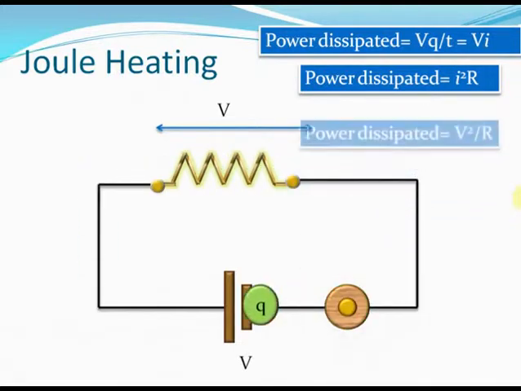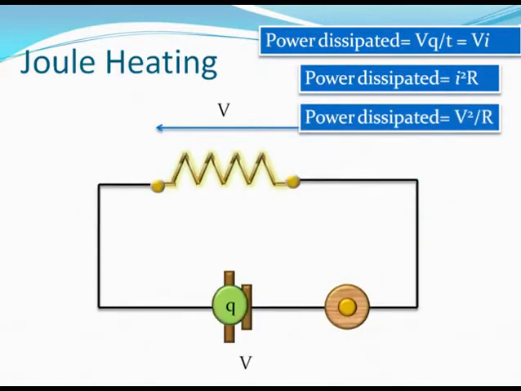So there, you see that the power dissipated can be represented as VI or I squared R or V squared by R. This whole effect of a resistance getting heated up when a current is passed through it is called Joule heating. Joule heating is something you must have studied in class 10th too, but we are going to apply it in a slightly advanced way for IIT JEE. Let's move on and solve an IIT JEE problem right away.